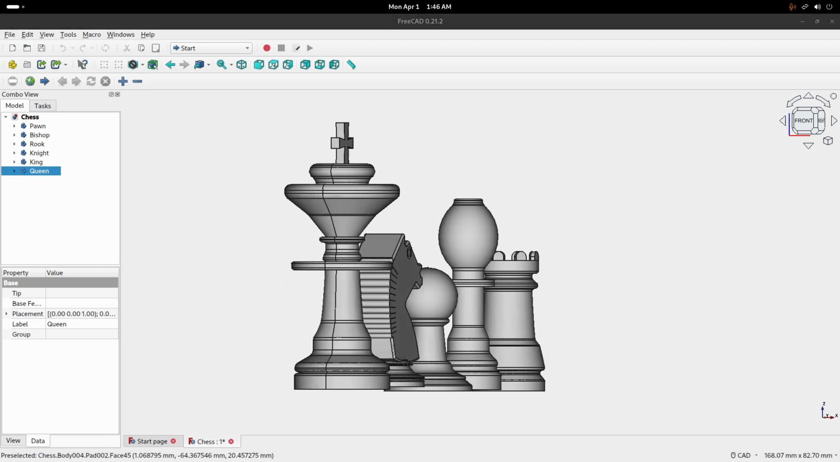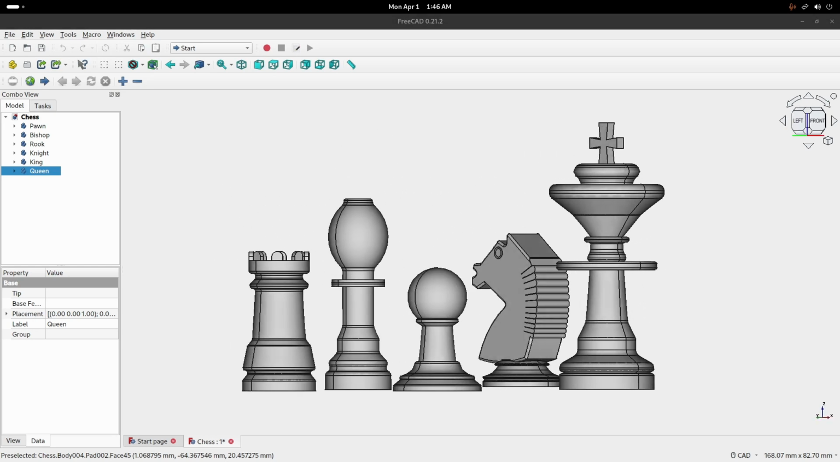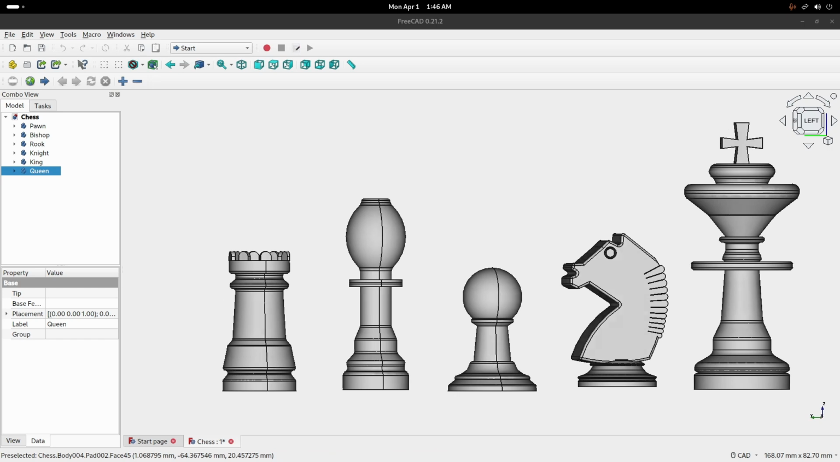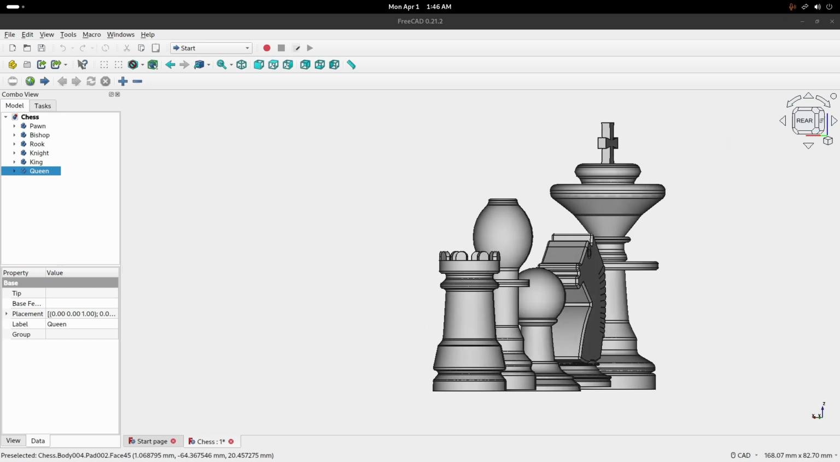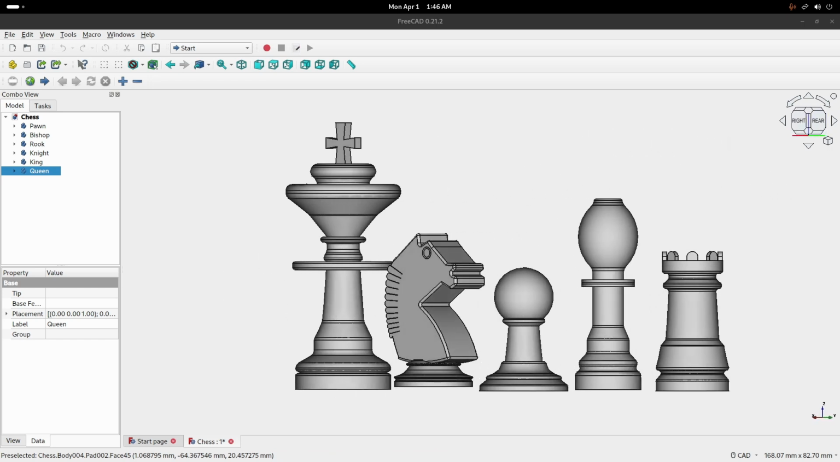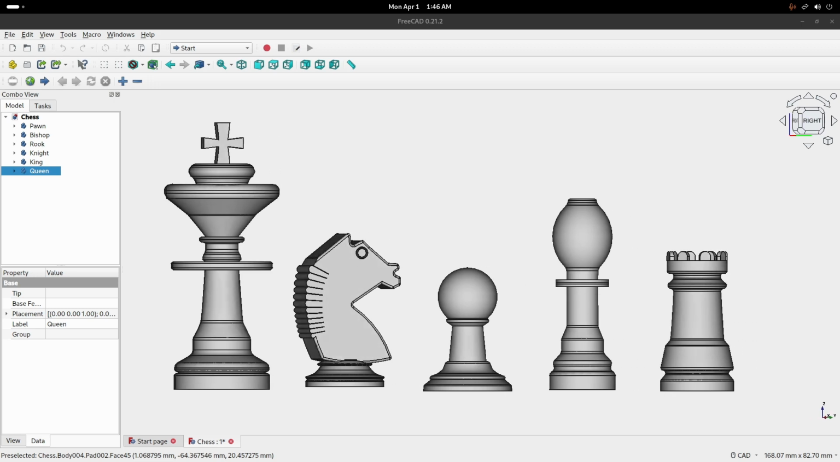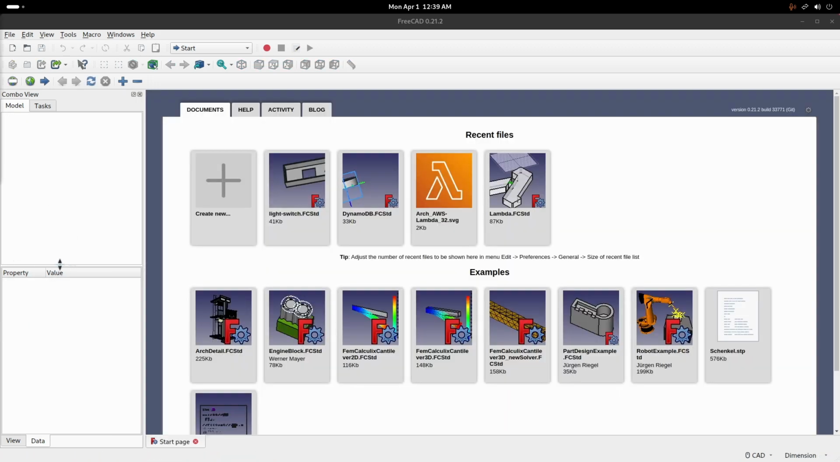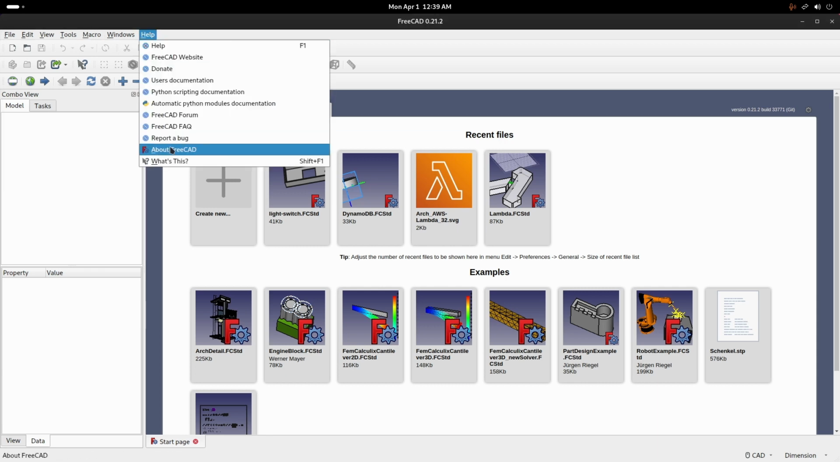From today we are starting a series on FreeCAD. In this one I'll teach you how to make or recreate your chess pieces like pawn, bishop, horse, king and queen or rook as well. So we start with this version of FreeCAD,